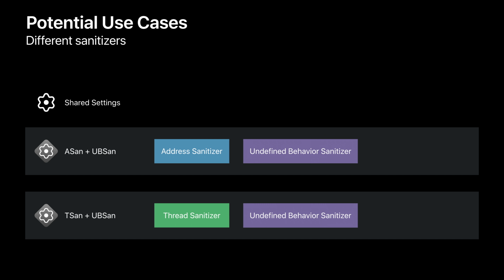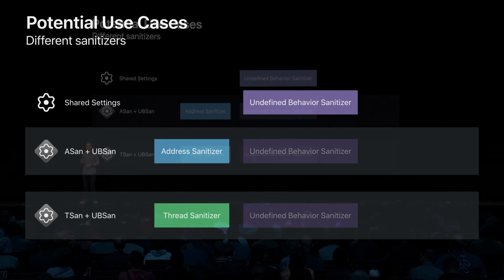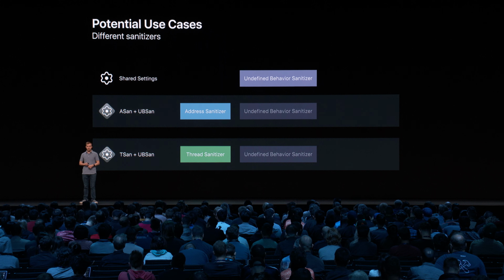Now, one thing to be aware of is that if you configure a test plan like this with mutually incompatible sanitizers, if you run both configurations in the plan, Xcode will need to build your project twice, once for each set of sanitizers. This is ideal for continuous integration environments, where you don't mind your tests taking a little bit longer to build since they're performing more thorough testing.